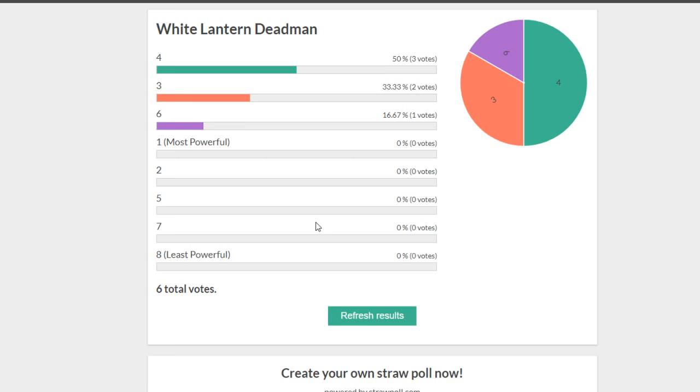4 plus 4 plus 4 plus 3 plus 6 plus 3. 1, 2, 3, 4, 5, 6. Yes, divided by 6. Okay. And then, so we're looking for beating higher than 4.5 or lower than 4.5, because Deadman average is a 4.5. We got 4 plus 4 plus 1 plus 2. I think the 1 and the 2 might actually carry it over. Plus 5 plus 6. Yeah, oh, yeah. Oops. Oh, that was correct. Cool. So White Lantern Sinestro is the consensus 3rd place, followed by White Lantern Deadman in 4th, followed by White